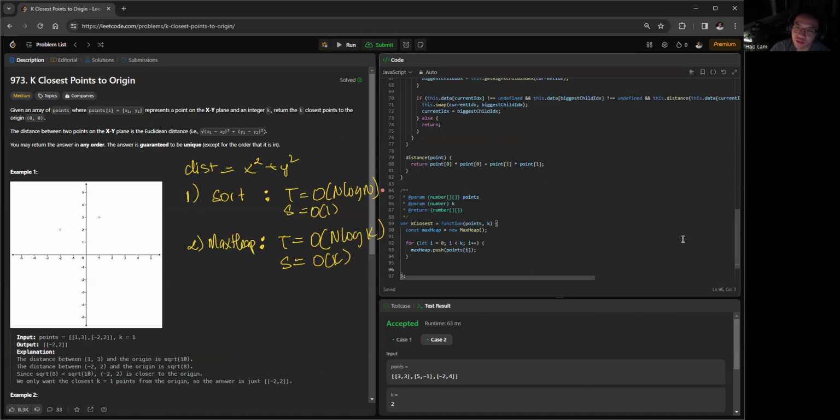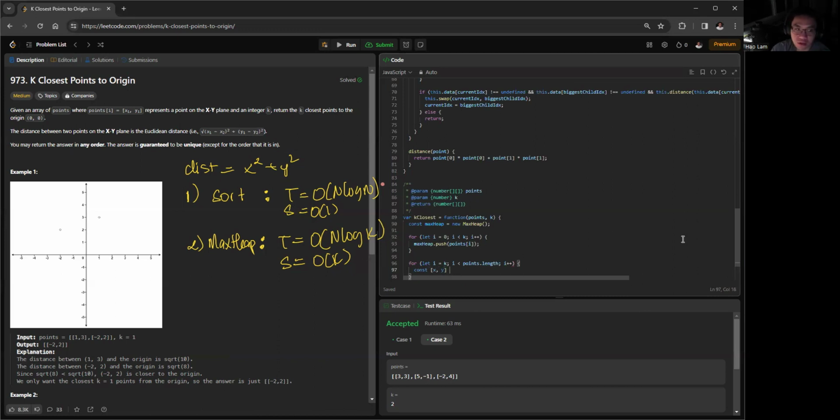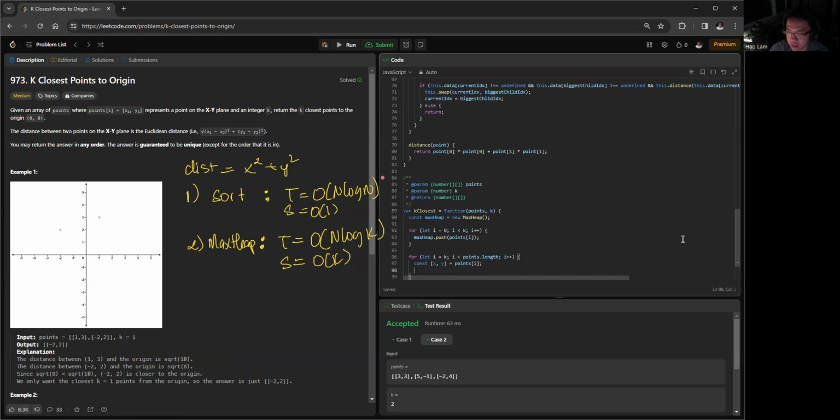The next thing that we want to do is keep iterating through the remaining elements. Here we started at less than k, so now we start from k, up to points length, and i plus plus, and we want to calculate the current distance from the point. Because we want to compare the distance at the current point to the worst distance in the heap, the largest distance from the heap. So this is points at i, and then we can do the current distance is equal to x squared plus